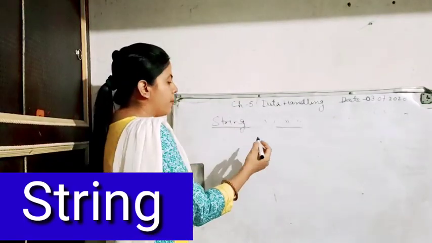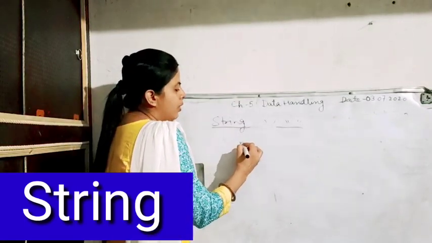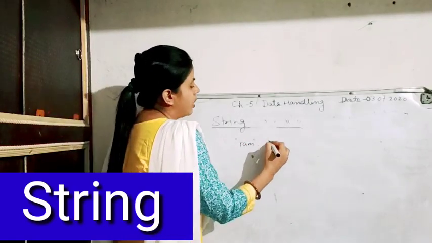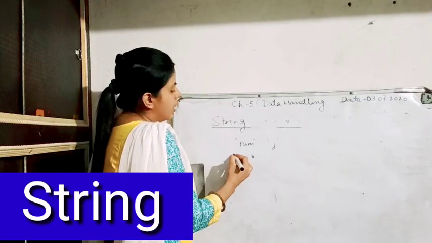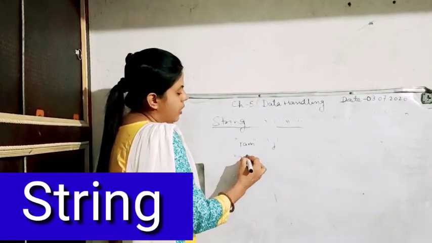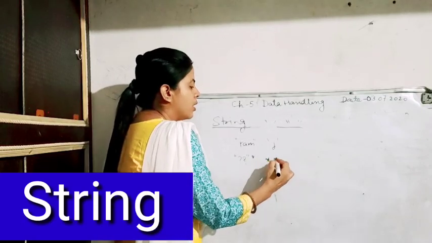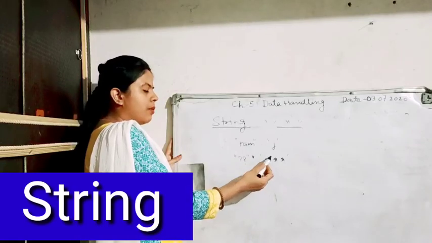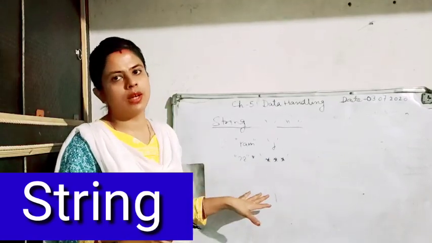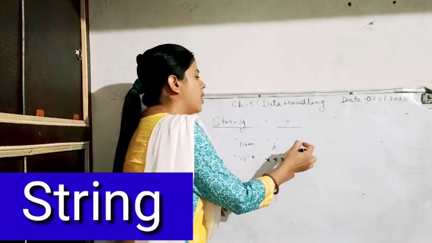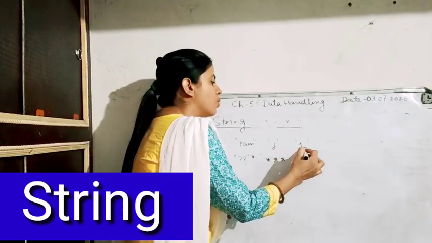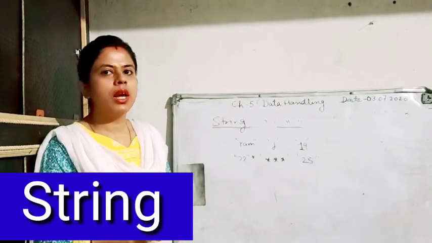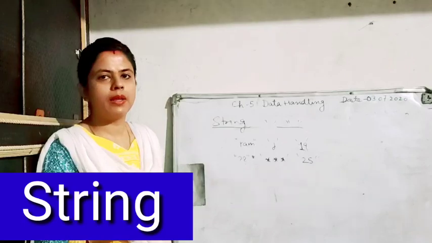Now let me give you an example. For example, I have written here Ram, so it will be enclosed in double quote or maybe single quote. I have written here J. I have written here suppose a question mark, and I have written here a star. So now if you write the star in double quote or single quote, it will be treated as a string. Whenever we write anything in double quote or single quote, it will be treated as a string. Single-line and multi-line string declarations we have already studied in Python in the last chapter.